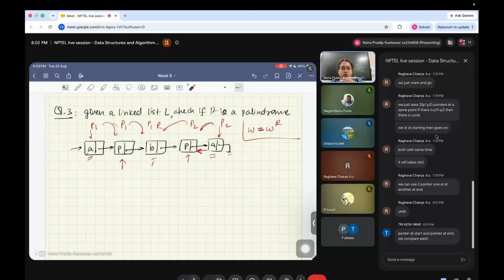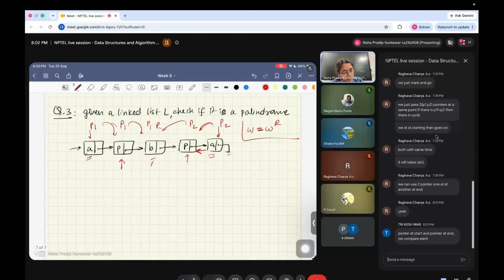But what you could do is, let us say you want to simulate this idea, right? You want the reversals to be there. So on this side, you want pointers to point to the left, whereas from this side, you want the pointers to